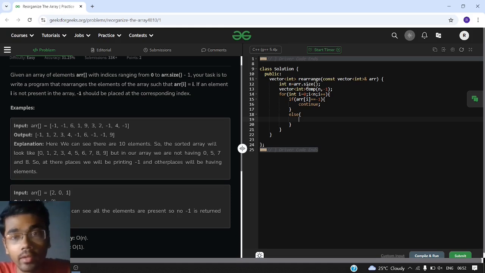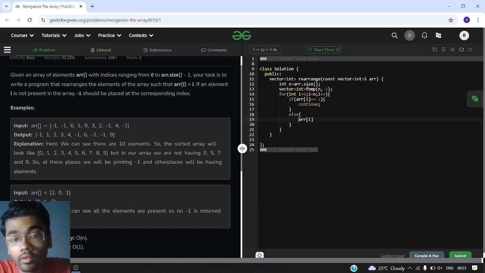So if ARR of I is equal to -1, continue. Else we are getting some value which is ranging from 0 to n-1. So that means we need to put this value at its correct position in the temporary array. So what will be its position? That position will be nothing but the value itself. What is the value? That value is ARR of I. And where do we need to put this?